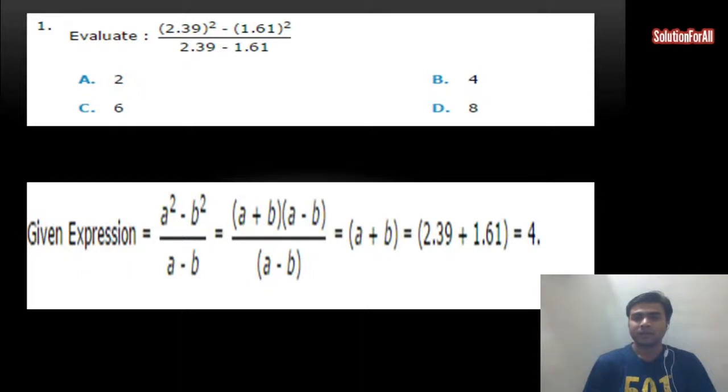Literally means it will be just a copy of that formula, and you just need to use that identity and you'll get the answer in 2-3 seconds. You can see this sum, for example. So 4 is the answer here, option B is the correct answer. So I'll shift to the next question.